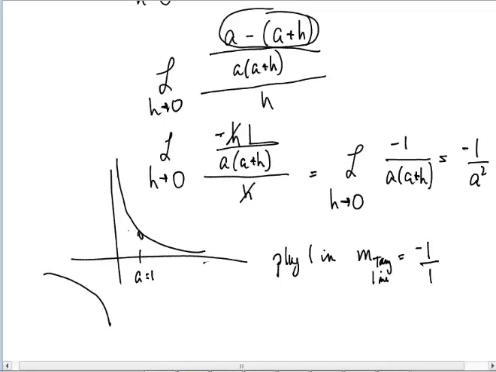And if you look at this hyperbola, you can see that the slope could be negative 1 over 1. And as you change a, you now have a formula. This would be negative 1 over 2 squared, because a is now 2, which should be negative 1 over 4. And you can find all different values for the derivative, for the slope of the tangent line,